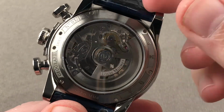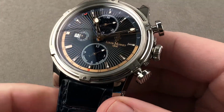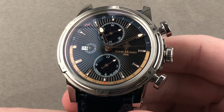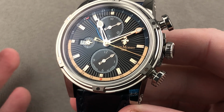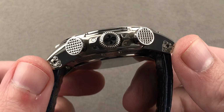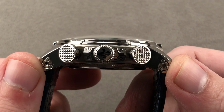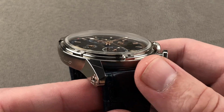tmosso@thewatchbox.com. Today, we're discussing a limited edition of 12 pieces in grade 5 titanium. This is the Louis Moinet Geograph Titanium Aventurine, and it is everything the name implies. 46 millimeters in grade 5 titanium. The watch is 16.3 millimeters thick, 51.5 millimeters from lug tip to lug tip, and it has a 24 millimeter